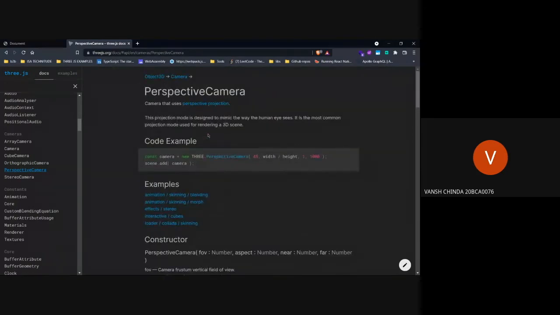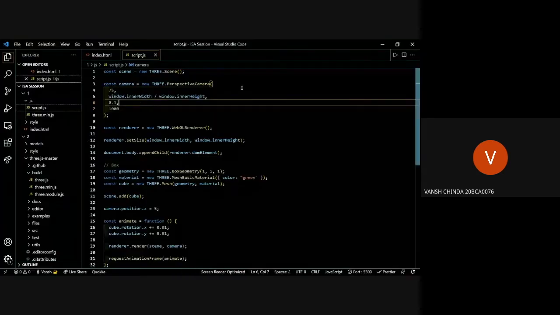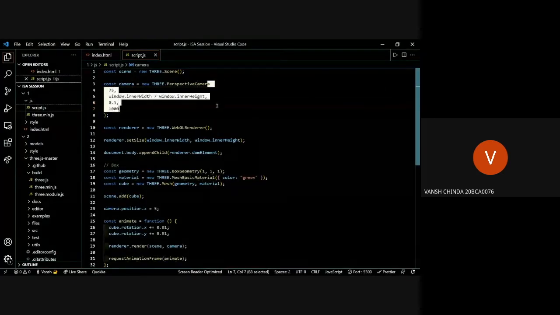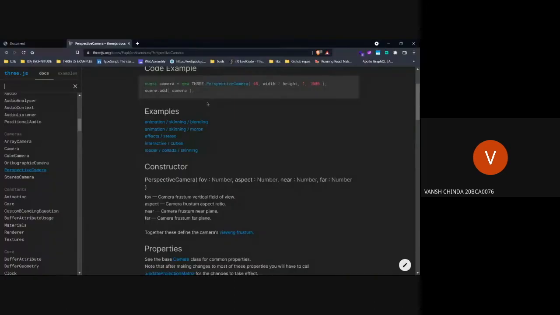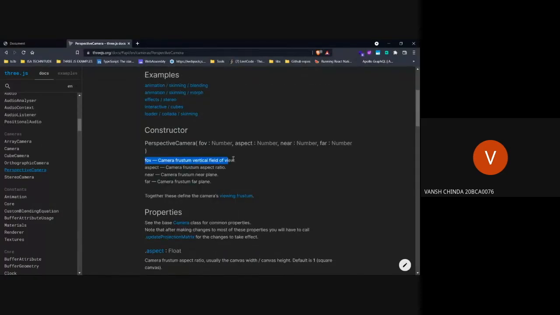So the perspective camera is getting the values that I explained here. It's basically calling a function, and these are the parameters. Let's look at the first one. The first one is field of view. Let me explain what field of view is.